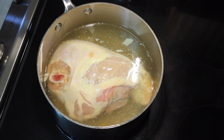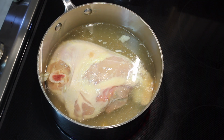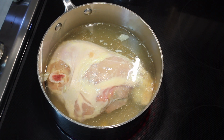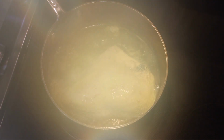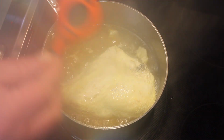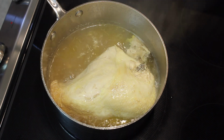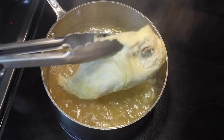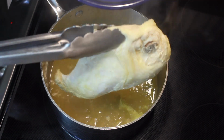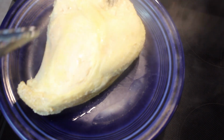I'm going to turn the heat on. I'm going to simmer this for 20 minutes very lightly and check the temperature and see if it's done then. If not, we'll go longer. Well, this has been cooking for 35 minutes, and I measured the temperature of it, so it's 160 right now. I'm going to go ahead and turn the heat off and take this out, put it on a plate to rest and cool down so we can chop up the